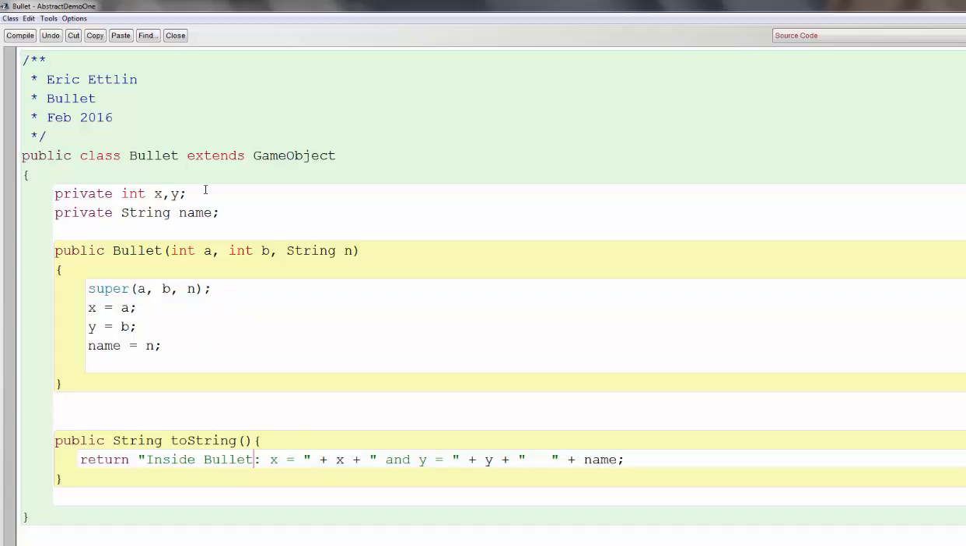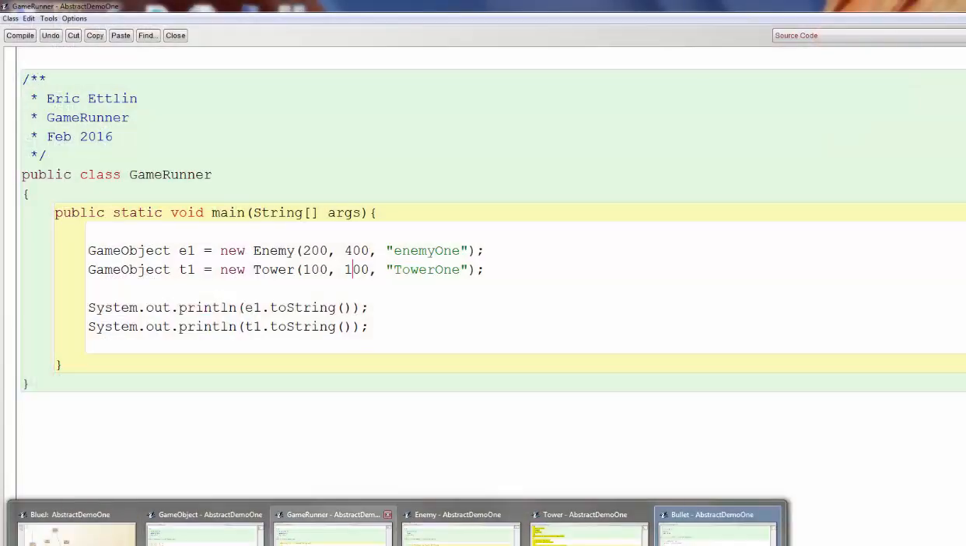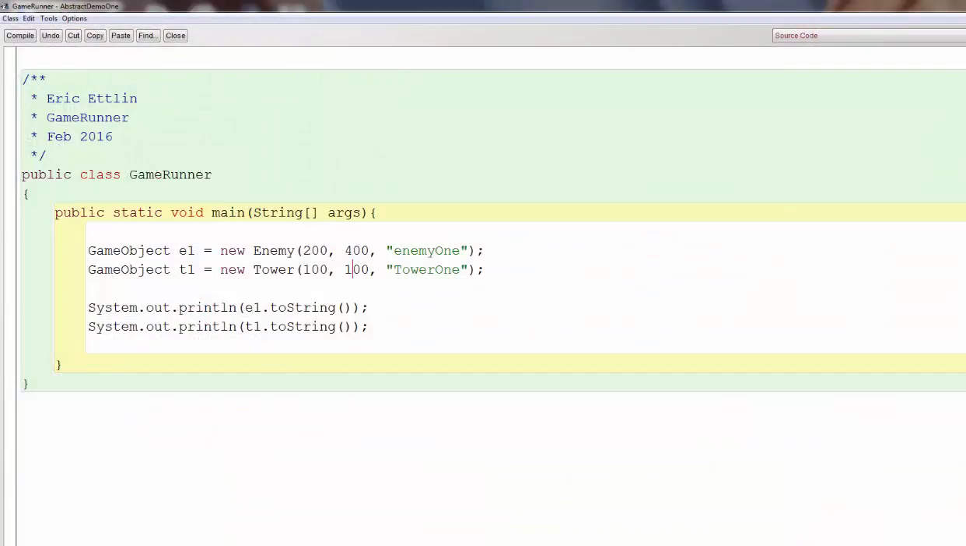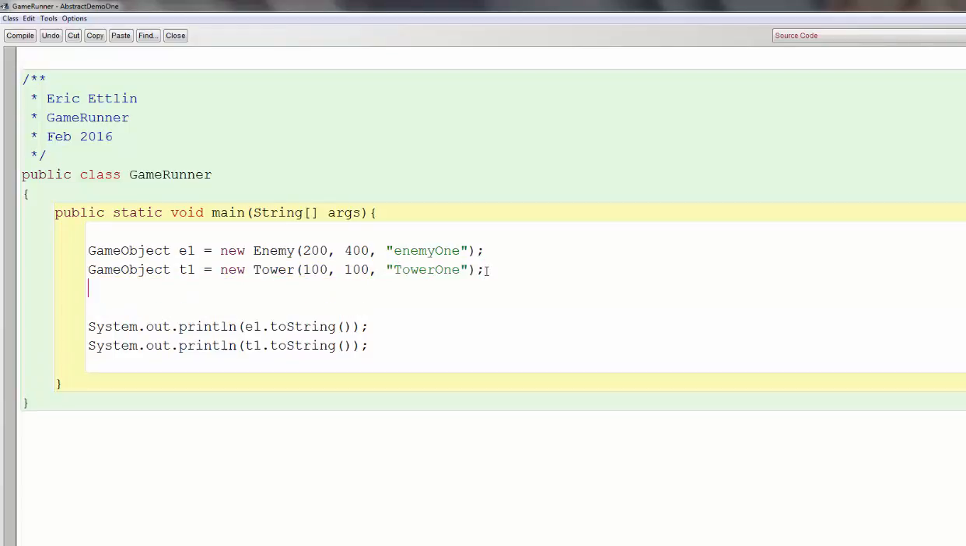So let's see there, and so now I am inside my bullet, and I can give X, Y, and I can give name. Okay, so now if I create a bullet, I can come back inside my runner. So here is my game runner, and I will create a game object. So it's going to be of type bullet. So I'll call this guy B1, and I will say bullet. And instead of putting these guys in, when you put a bullet on a screen, you probably want it to be where the turret would be. So I can actually say in here